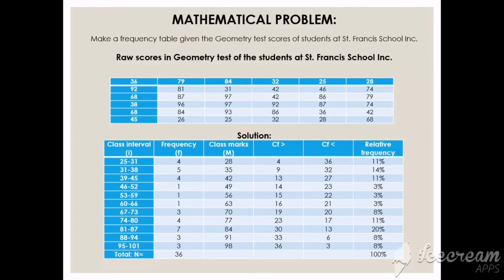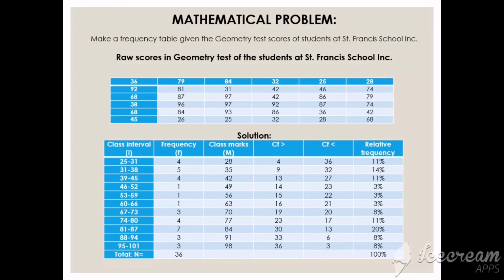So here are the raw scores in geometry tests of the students: 36, 92, 68, 38, 68, 45, 79, 81, 87, 96, 84, 26, 84, 31, 97, 97, 93, 25, 32, 42, 42, 92, 86, 32, 25, 46, 86, 87, 36, 28, 28, 74, 79, 74, 42, and 68. So here we have the first table na may laman siyang class interval, frequency, class marks,